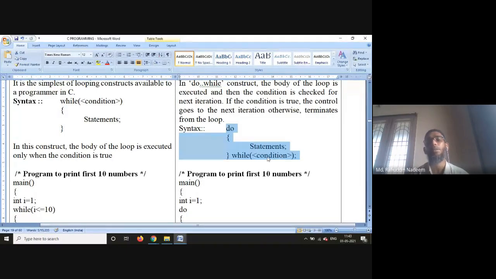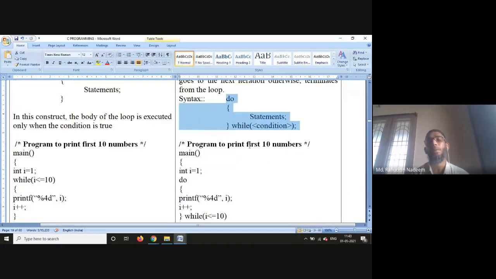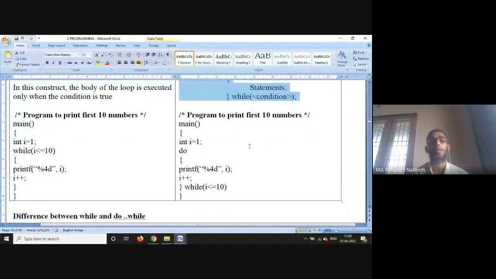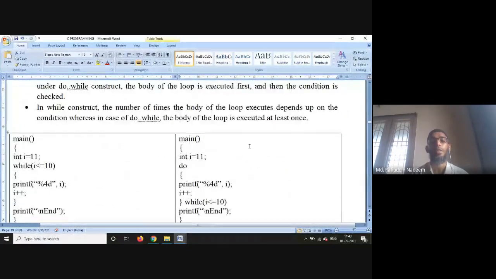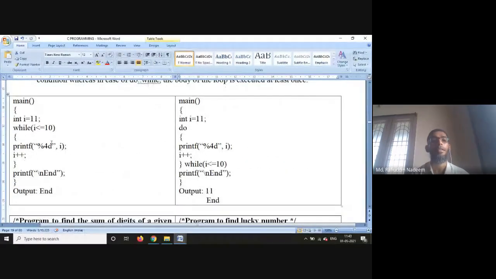The main difference between these two is that in do while, the set of statements will be performed at least once. See this example. I have initialized i with 11. While 11 less than or equal to 10 is false, it immediately comes to the end and only end is displayed.